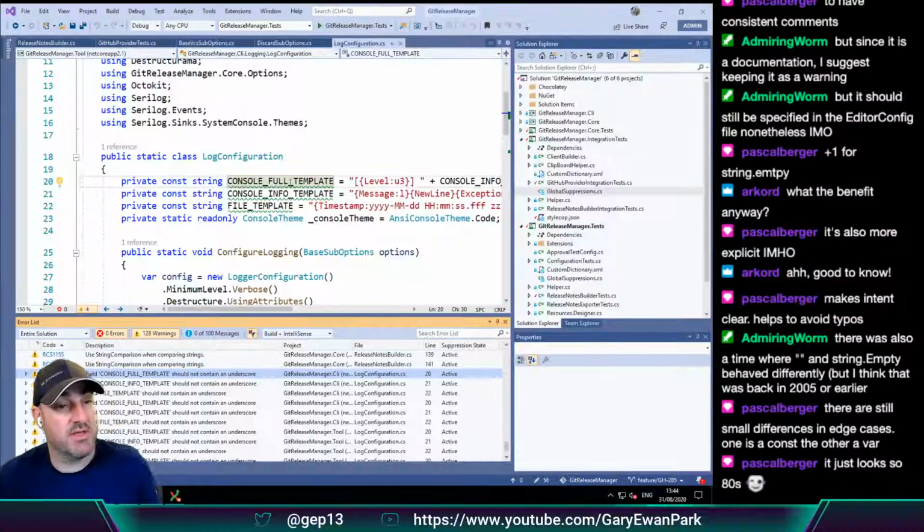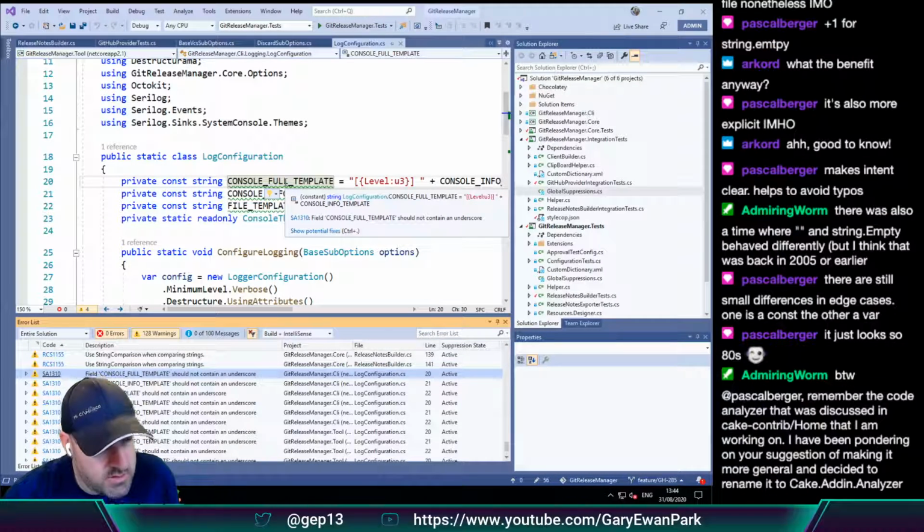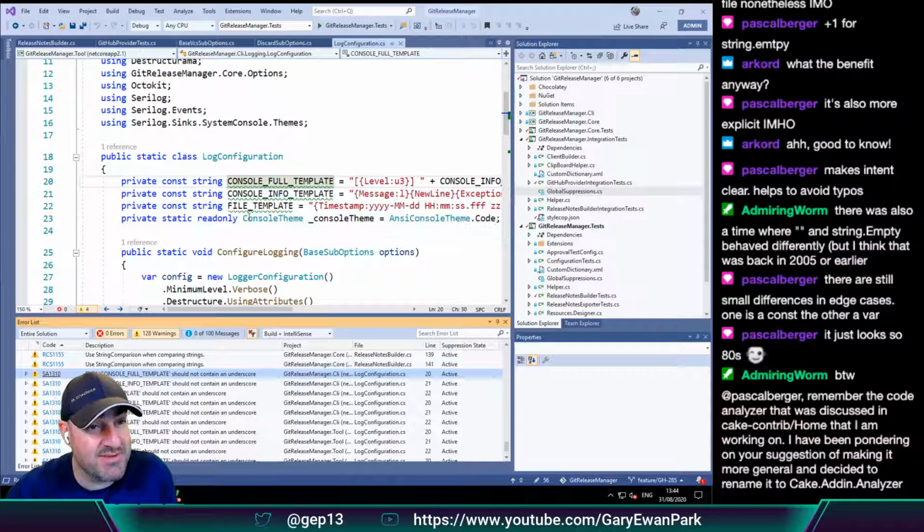So what do we think about this? Remember the code analyzer that was discussed in Kate Contrib Home that I'm working on? I've been pondering a suggestion of making it more general. I did happen to see that, Kim. I saw that that was changed. What do we think about this?